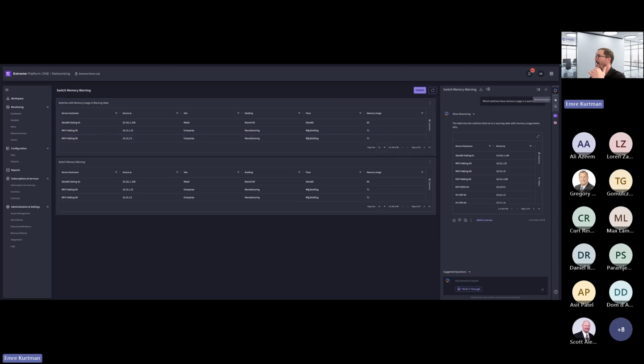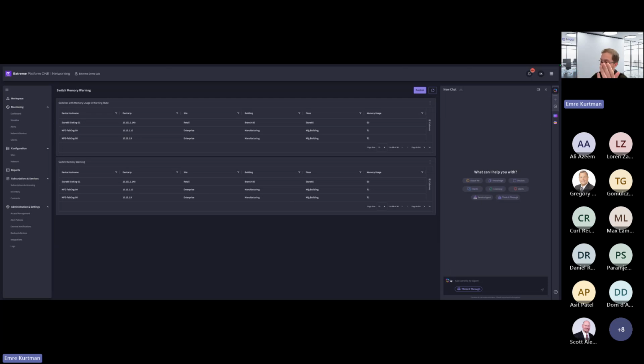And then we have some more advanced use cases. One of them is the service agent, and the other one is a functionality which we recently brought, the think it through functionality. With think it through, you can think of this as deep reasoning.